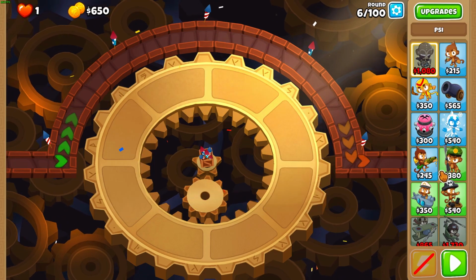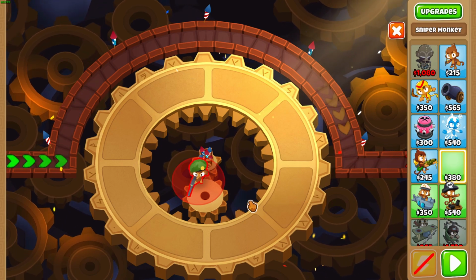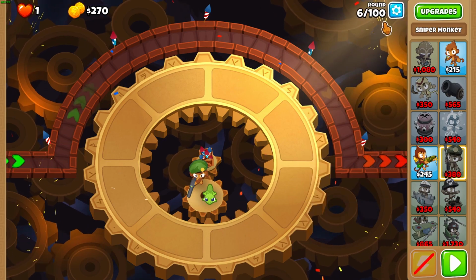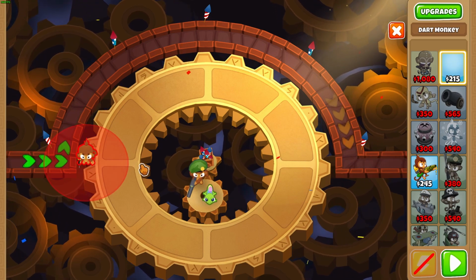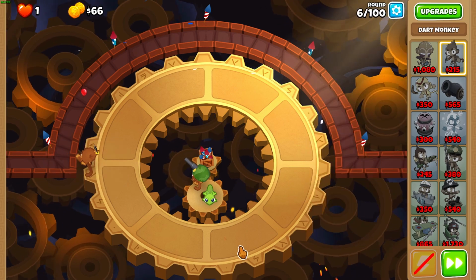Geared chimps: start with a sniper in the top left corner of the middle cog. Put it about where I put it, set it to strong. Make sure auto start is turned on for round 6, very important. Then get a dart, place it next to the horizontal track, set it to last, and then you can hit